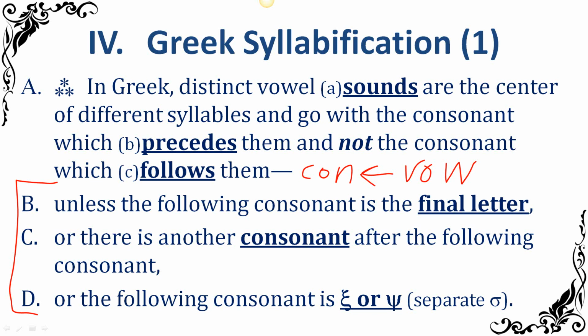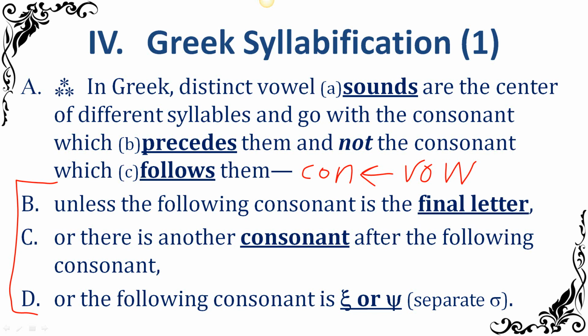So for an example in English, if you had the English word to, T-O, you'd say it as one syllable, to, right? You wouldn't say it as t-u, you'd put them together. The vowel goes with what is in front of it, to. Basically the same thing in Greek, unless you have one of these exceptions. For example,